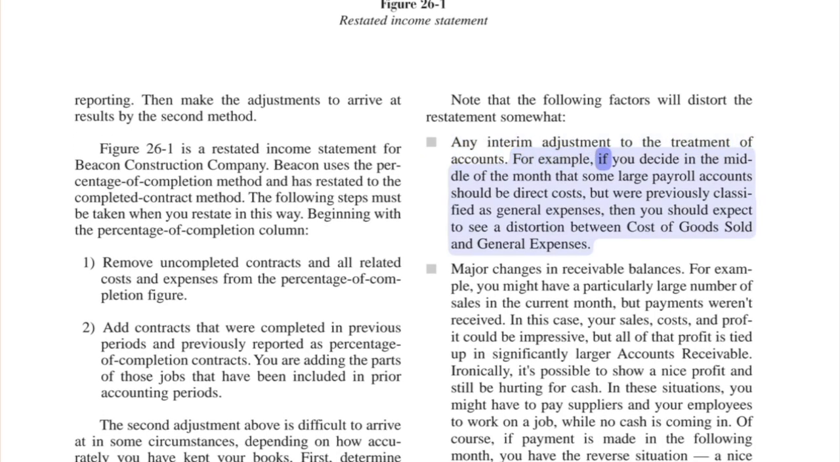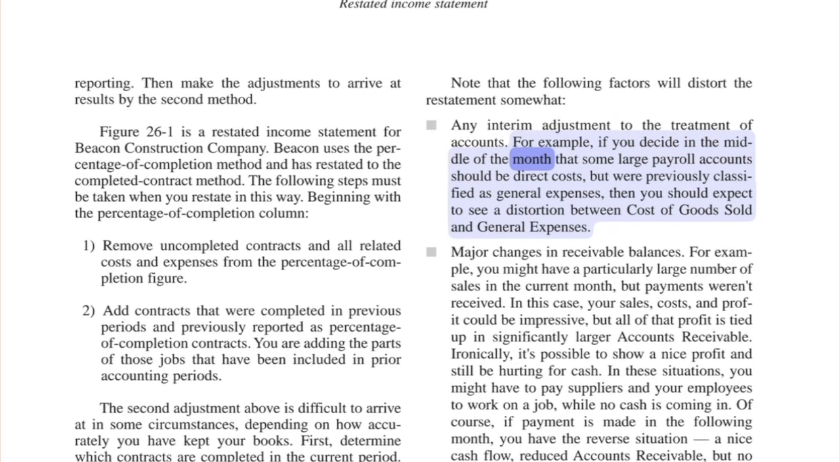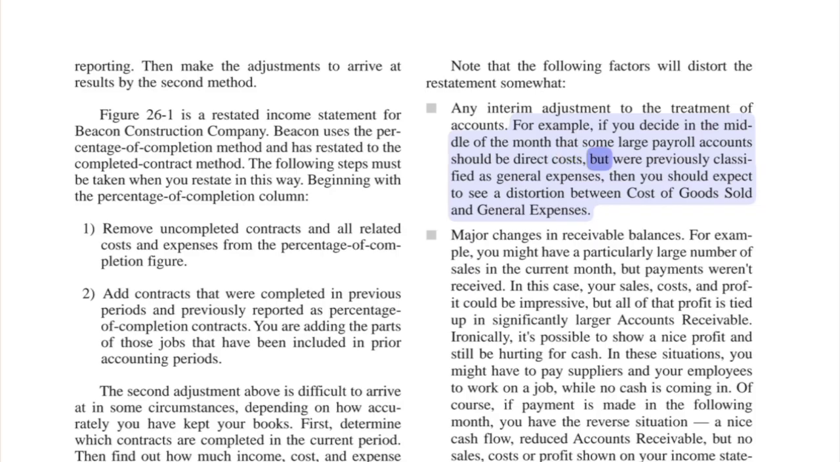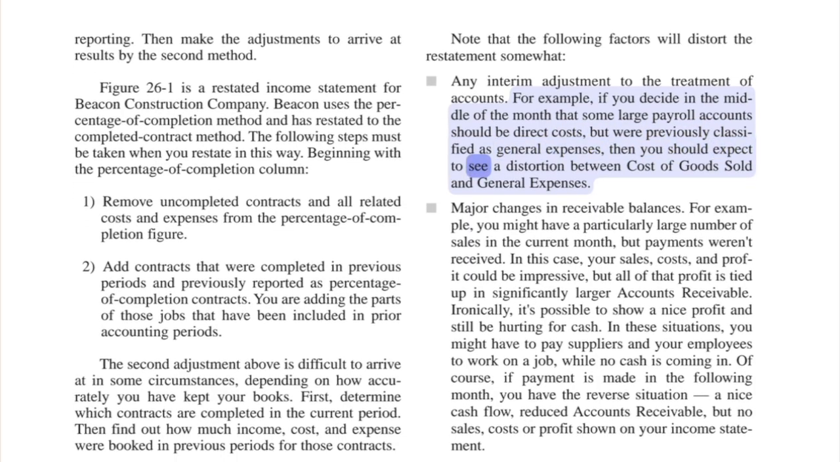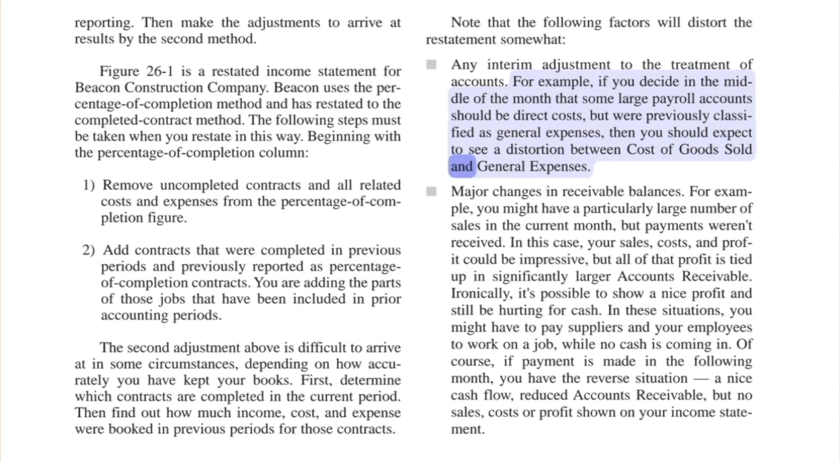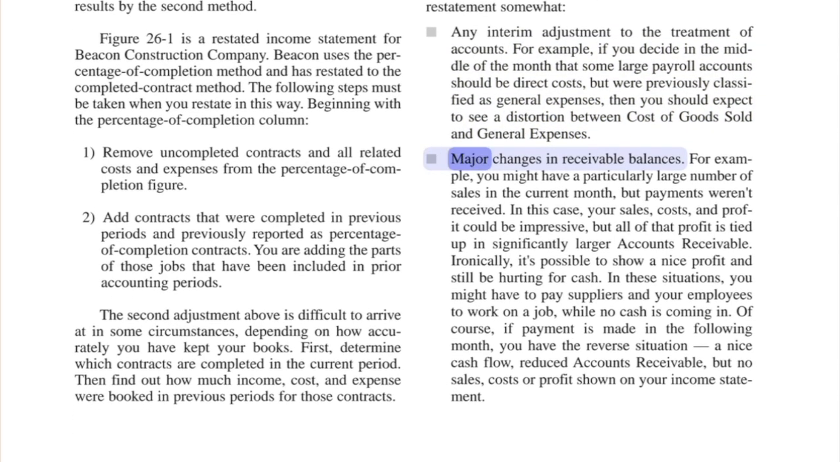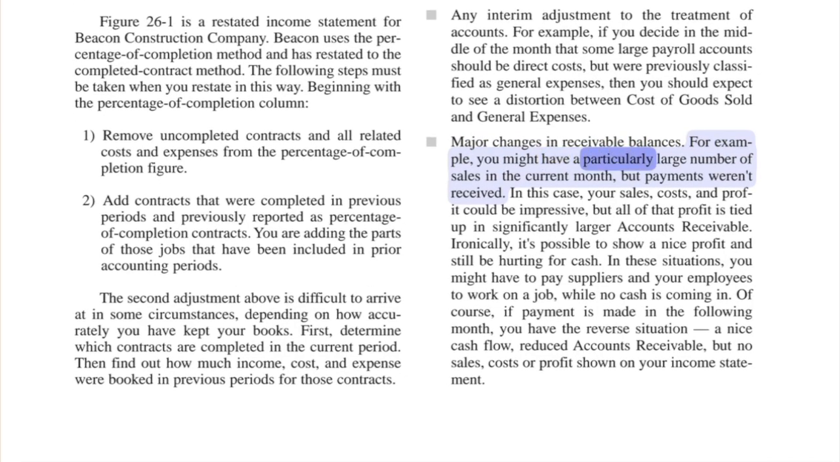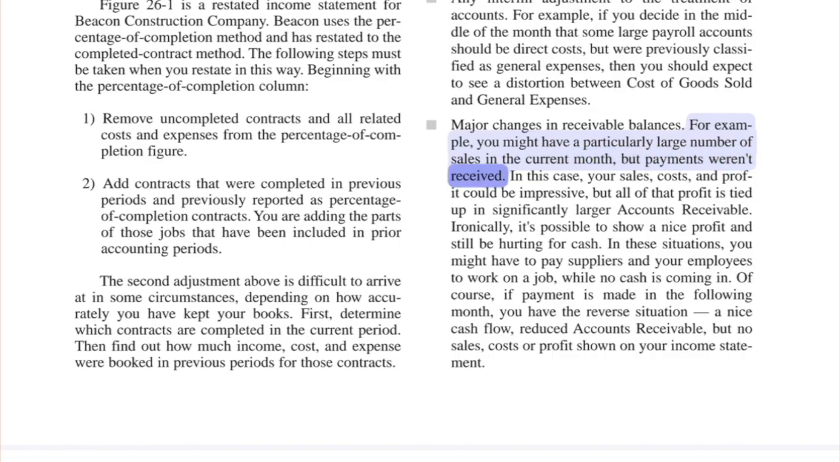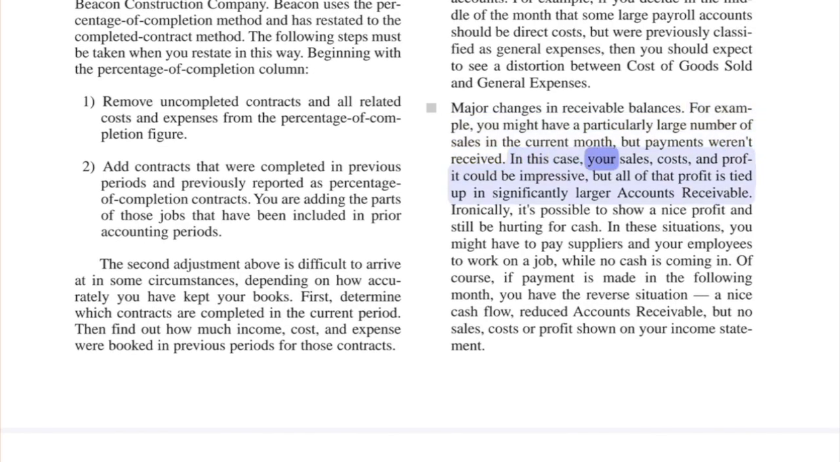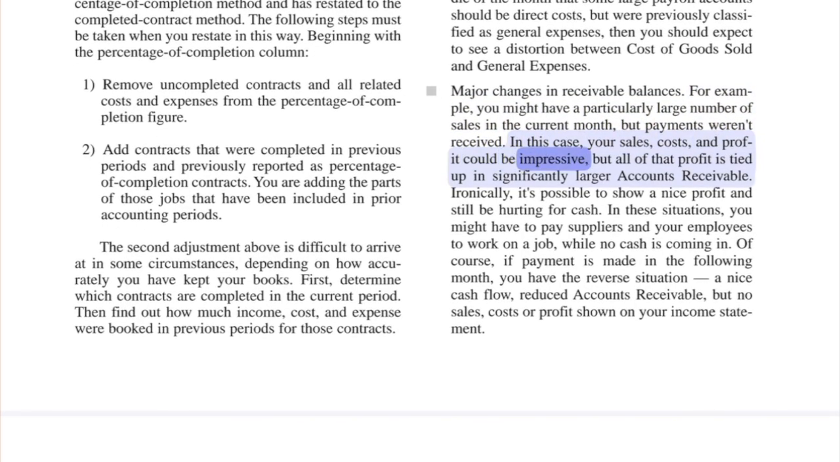For example, if you decide in the middle of the month that some large payroll accounts should be direct costs, but were previously classified as general expenses, then you should expect to see a distortion between cost of goods sold and general expenses. Major changes in receivable balances. For example, you might have a particularly large number of sales in the current month, but payments weren't received. In this case, your sales, costs, and profit could be impressive, but all of that profit is tied up in